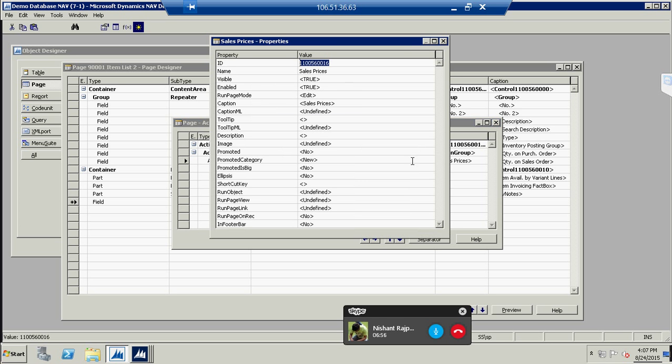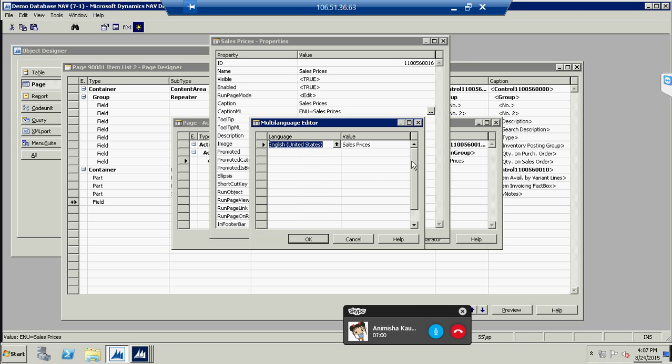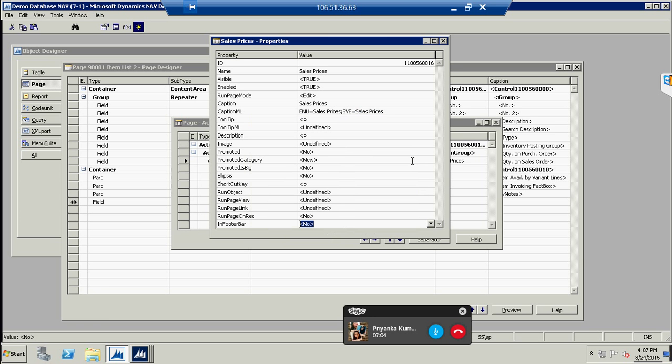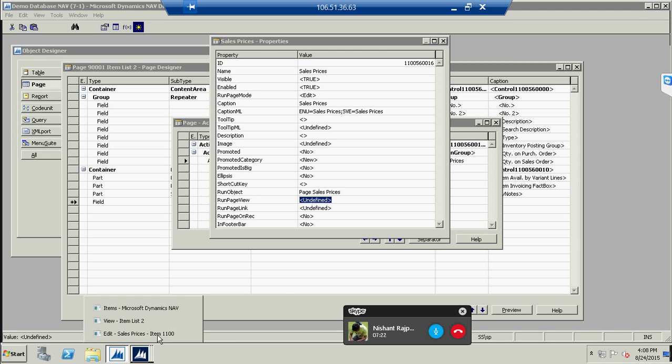I'll go to properties, and I'll set captions. I set Swedish captions, and I will say what to run. Now this run object is nothing but which page you want to run when we push the action. So I'll say sales page, sales prices. So I can save this, and if we run the page again